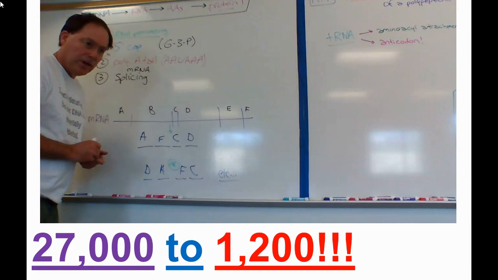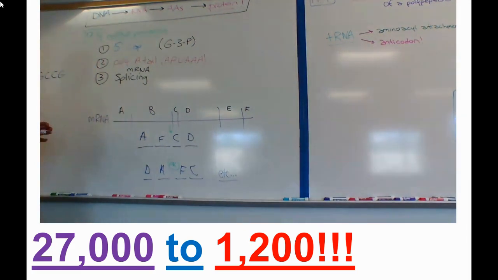Use the same letters, that was weird. But what you need to understand is that if you take a sequence of letters and you cut some out, it shifts everything over. And so even if I had 1,000 letters in a sequence of mRNA here, and I just took out one, let's say with a spliceosome, and everything shifted over, now the next letter that's here will be responsible for the next amino acid in a sequence.